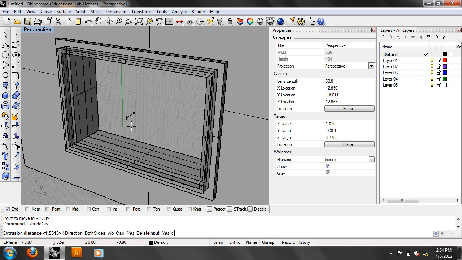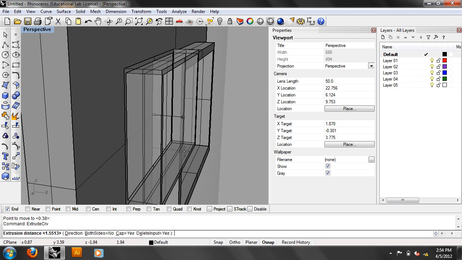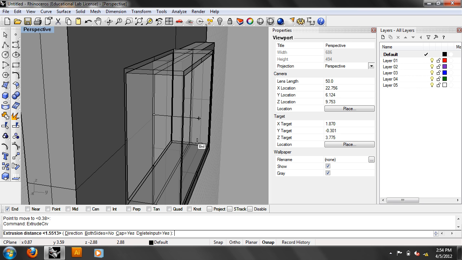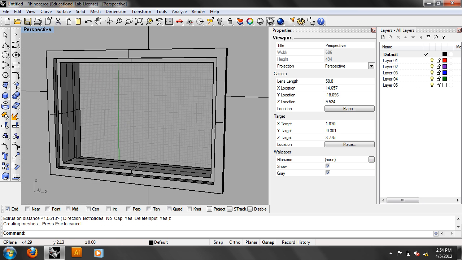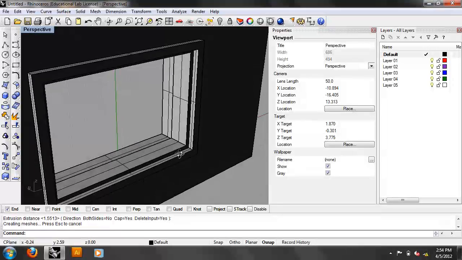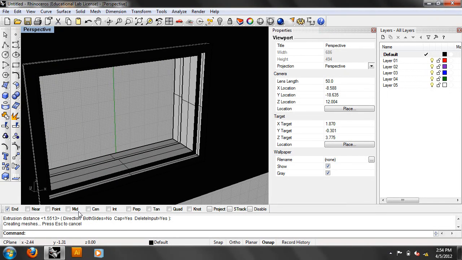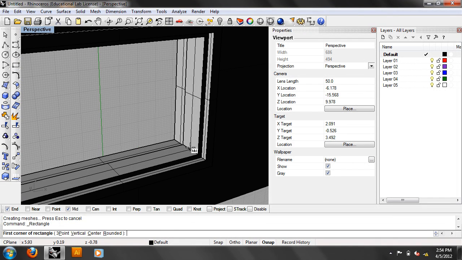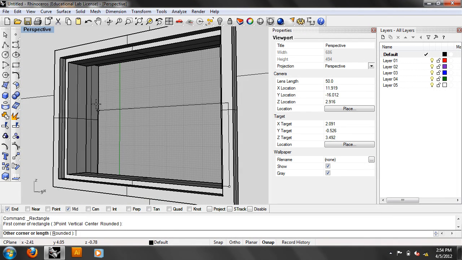You probably need to snap to something else, but anyway, you could find a line to snap to, and so you could create a more complicated mitered kind of frame. So again, you're working in 2D, you're working in 3D, and then you're working spatially to create that condition. Then from inside of there, I could go ahead and, looking at the midpoint,